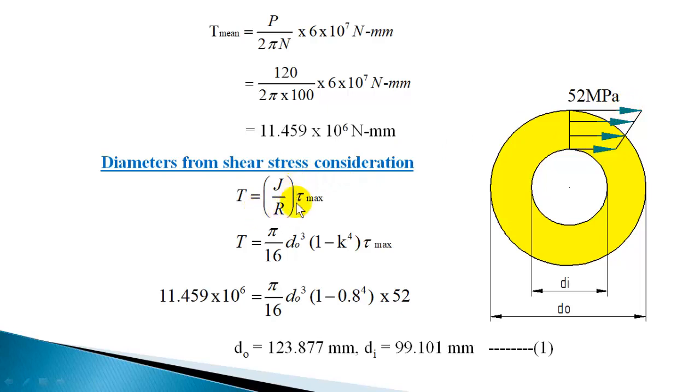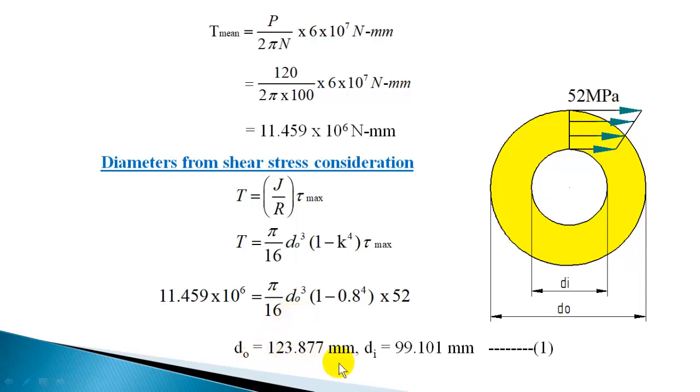Now T is J by R into tau max. And for a hollow shaft, J by R we know is pi by 16 d naught cube into 1 minus K to the power of 4. That is J by R or polar modulus. So T is equal to polar modulus of hollow shaft into tau max. Now for T you can substitute the mean torque: pi by 16 into d naught cube into 1 minus K to the power of 4, with diameter ratio 0.8 and maximum shear stress 52. By substituting that you will get d naught as